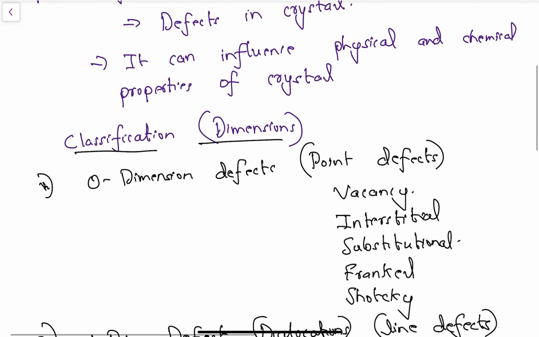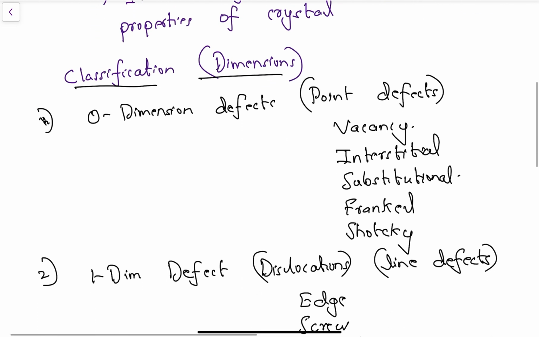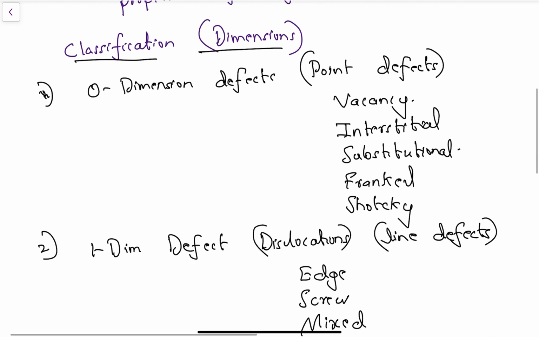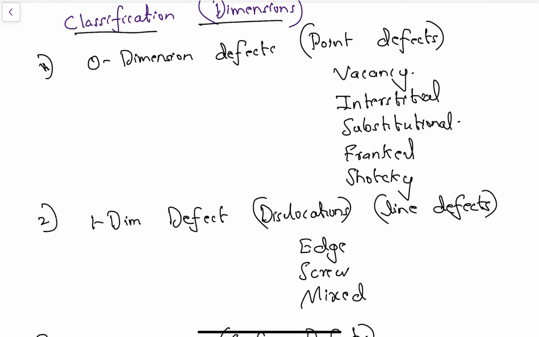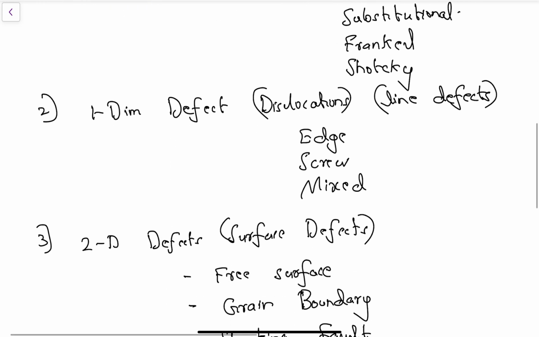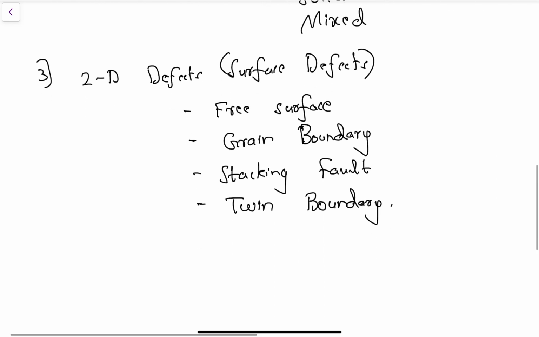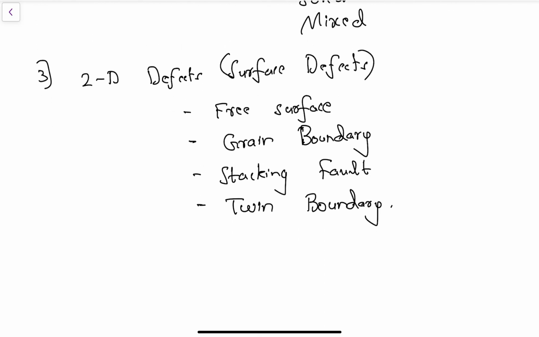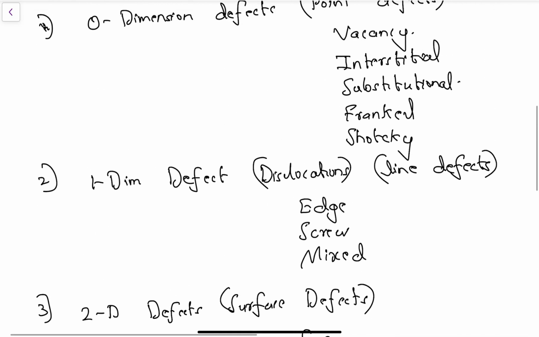So we will study different types of defects. The one is the point defect or zero dimensional defect, and then we will study one dimensional defect, then we will study two dimensional defect, and so on. So in the next video we will discuss about the point